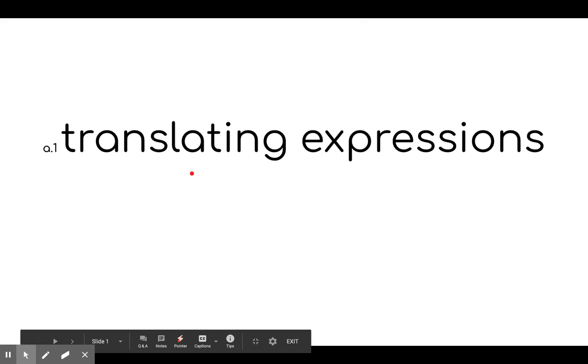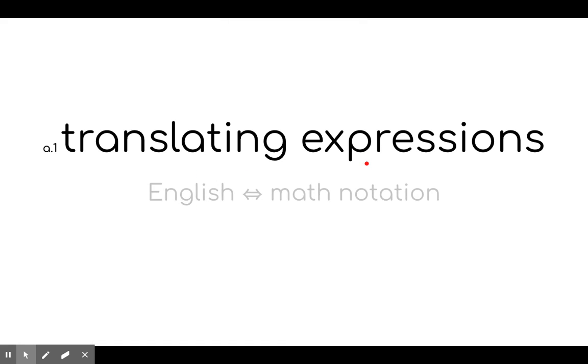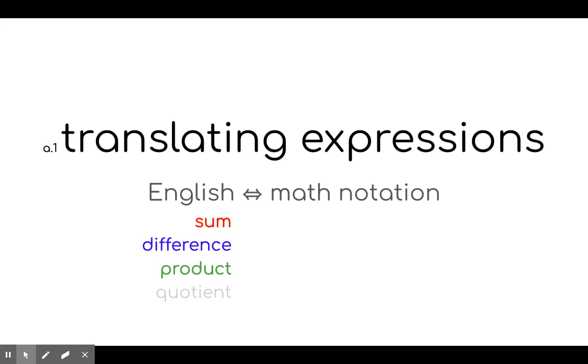Hi, let's translate expressions. We will translate from English to math notation and back. Here are some words in English: sum, difference, product, quotient. Here are those words in math notation: the sum of 4 and 2, the difference of 8 and 6,